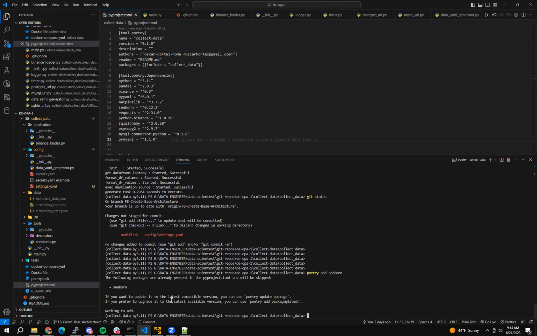And here it says that the library is already installed, nothing to add. But in case it is not installed, it's going to install only in the environment, not in the computer. Why do we do that? Because when we do the CI/CD,